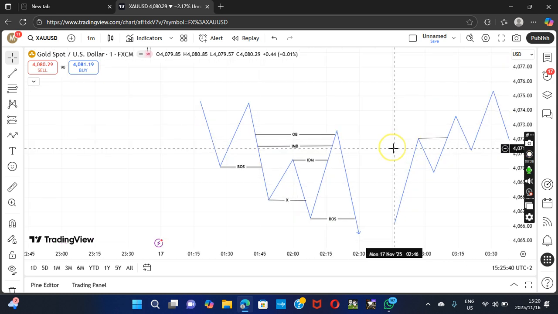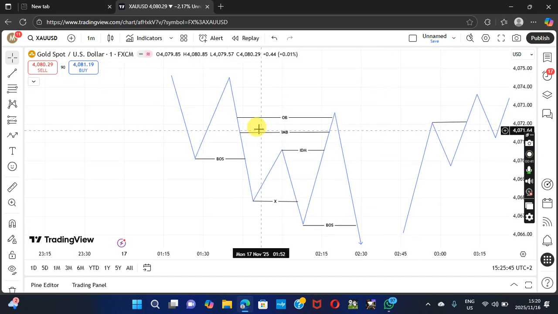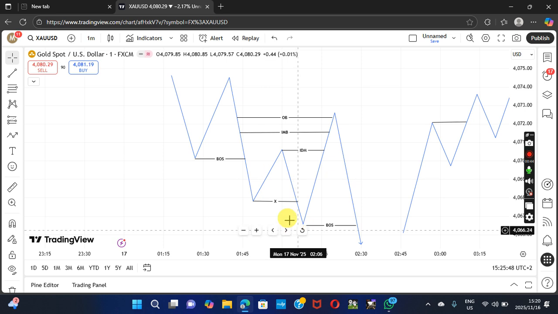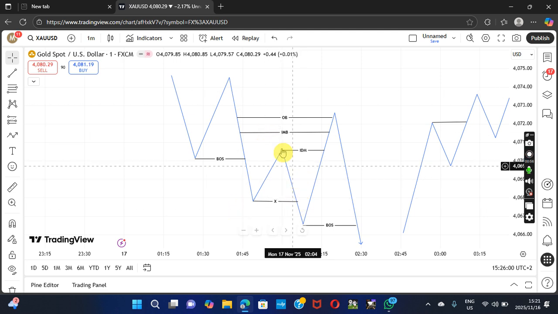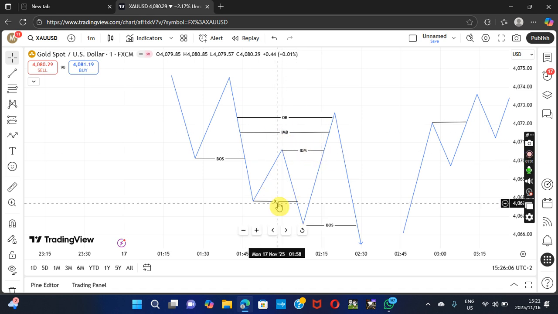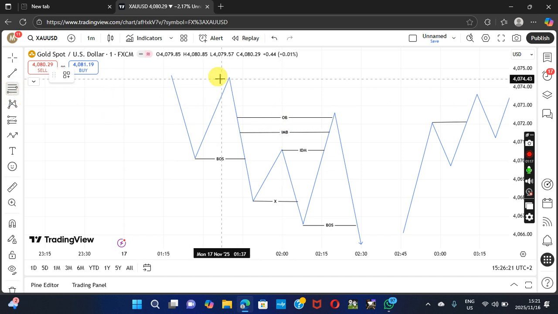Let's dive into it. So far, I'm sure you recognize this structure, which is the reset structure but used differently. Instead of using the change of character right here, I used a sweep instead. I just wrote an X, meaning that this area is invalid. Therefore, it created an endorsement. You just have to replace the market structure shift with the X sign, and then you use the endorsement. And then there's an imbalance as always, and then you use your order block, and don't forget about the Fibonacci retracement,